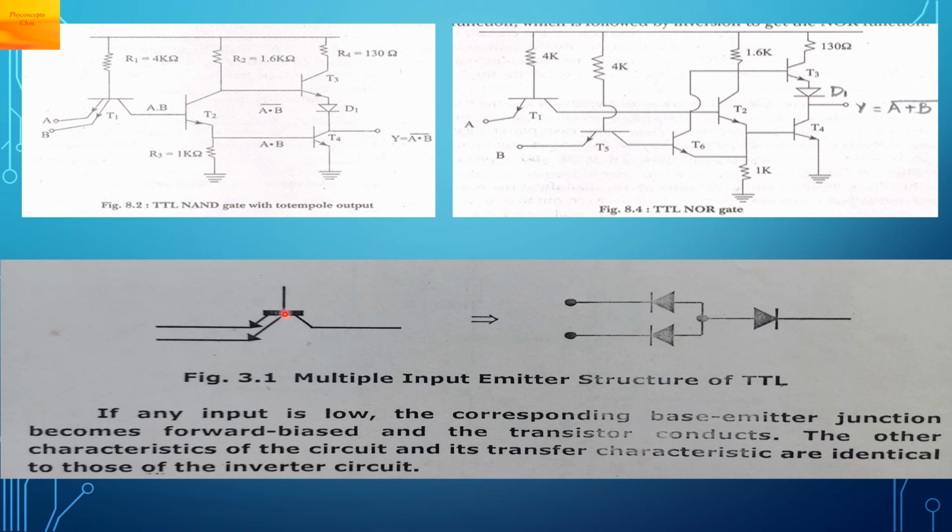Depending upon the inputs that you apply here to A and B, this transistor will be on or off. Later on we can understand that this transistor is again connected to various transistors. Depending upon these inputs A and B, this transistor will be turned on or off, and the rest of the circuit will work accordingly. So these are some of the basics that you should know before we start with this chapter.